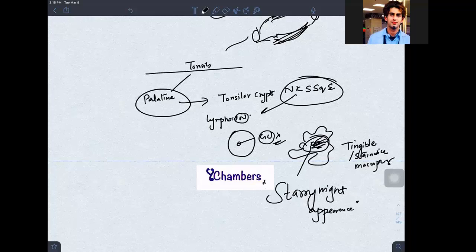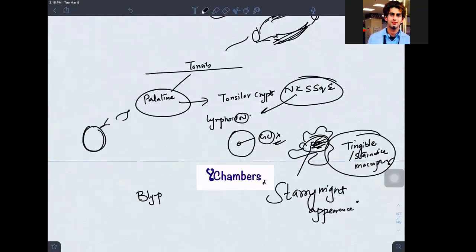Do you know the function of these macrophages? Why are they kept there? During the making of B lymphocytes, there is remodeling happening. These B lymphocytes are being trained that you have to kill bacteria, not the host. They are being taught in the training center that you have to see the specific antigen, it should have a specific CD marker, and if you see your own cell, don't kill that. That is the future we are training the B cell for.